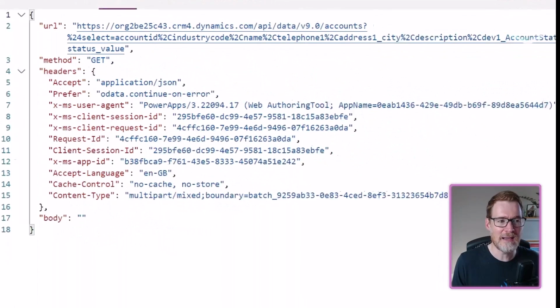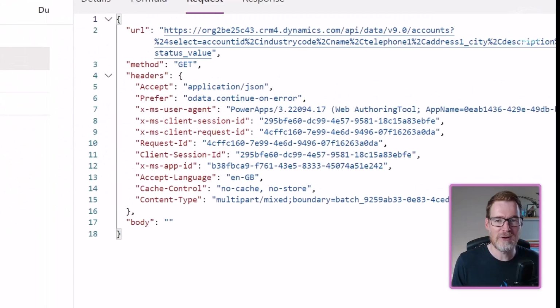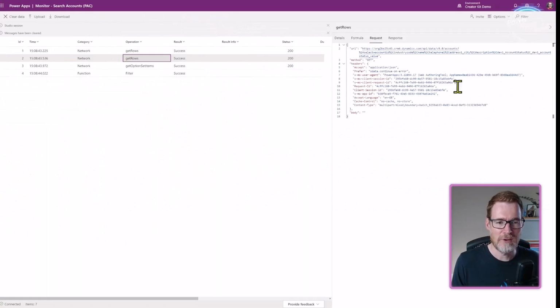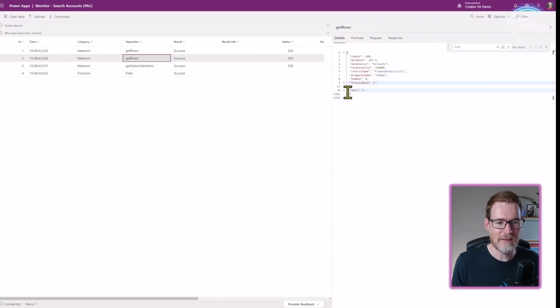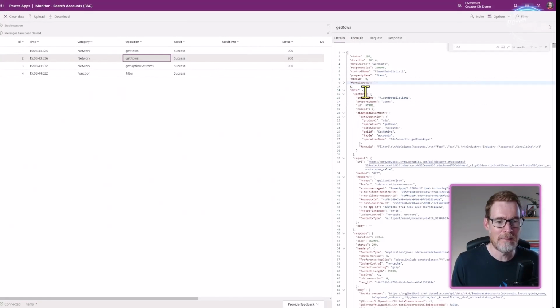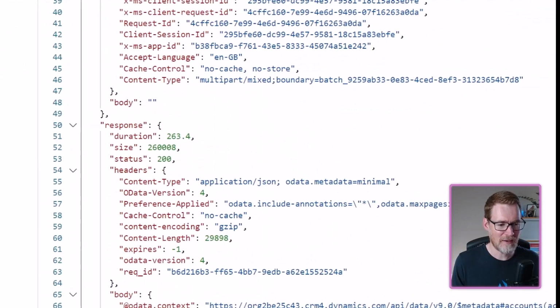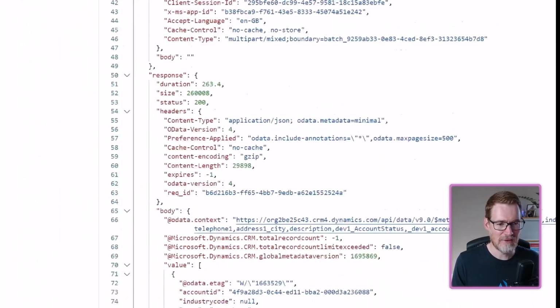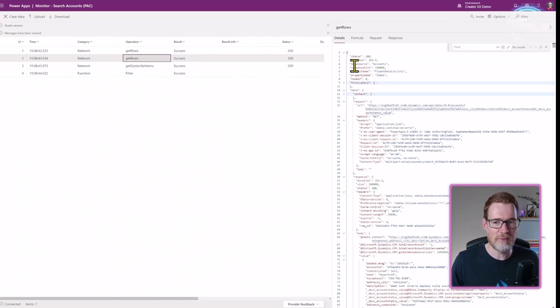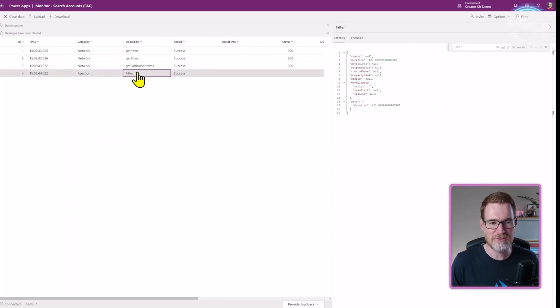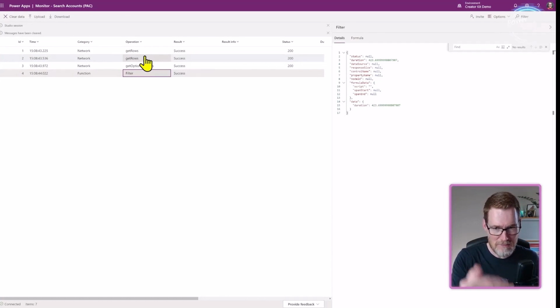it's actually trying to get all of the accounts. But in actual fact, what will happen here is that you'll only get a set number of records because there is a maximum number, the delegation maximum. So if you look at the response here, there's a max page size there. So you're only ever going to get a certain number of records, which means that when it performs the filter, which is the second one, you're actually filtering on a very limited set of records, which means you may not actually get the records that you're interested in.